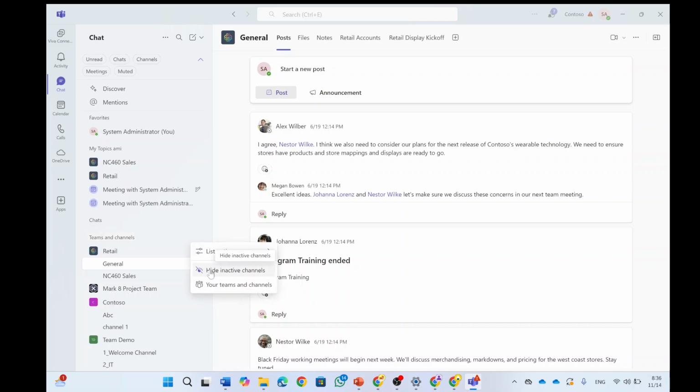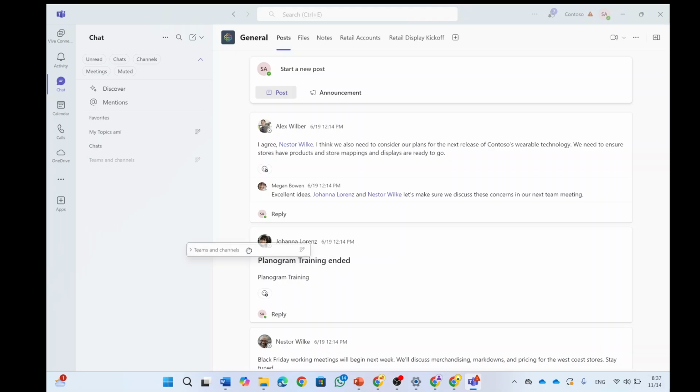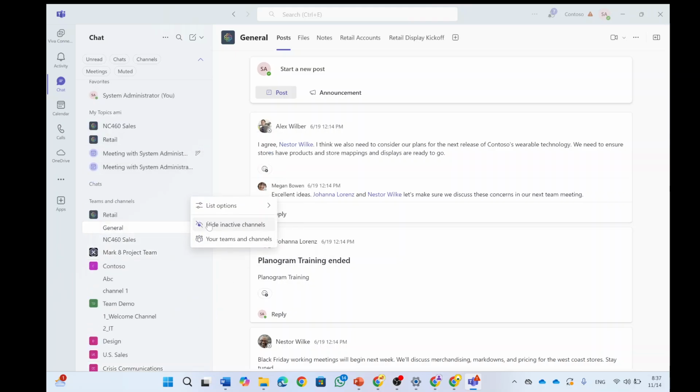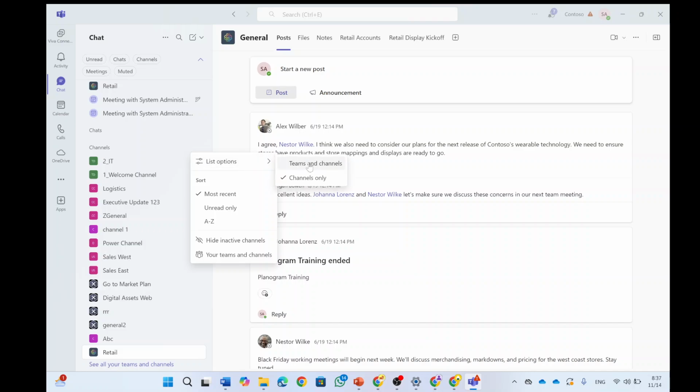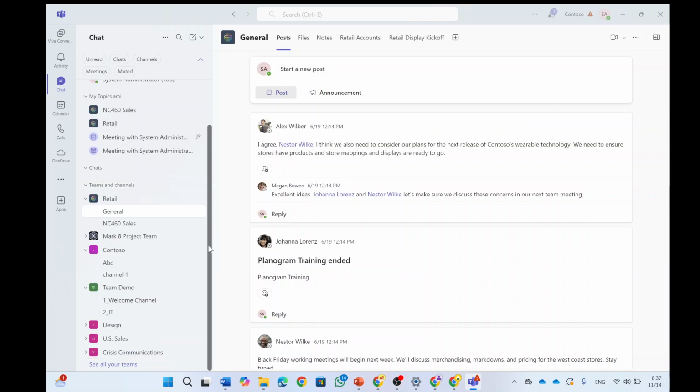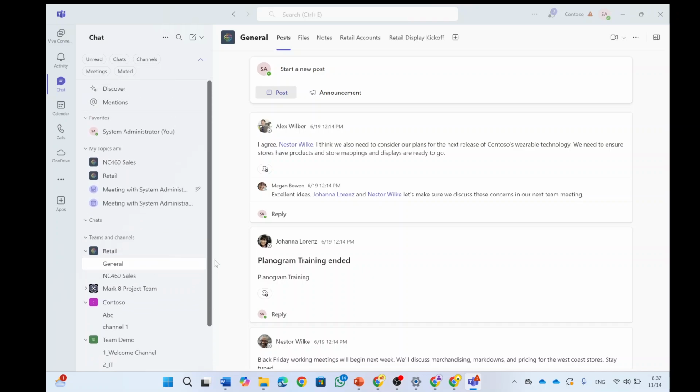By the way, if I go here to the teams and channels, you see I can hide inactive channels. You can see your channels and teams, and list options. You can list only channels or also channels and teams. So let's just see only channels. Now we see only channels. Or if we want to move it back and see channels and teams, now we see both. So this is more or less only an interface thing. It doesn't affect anything